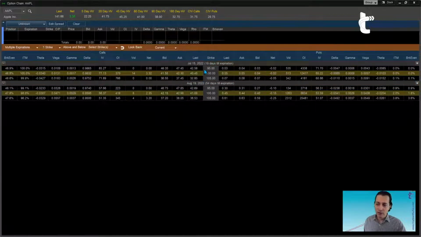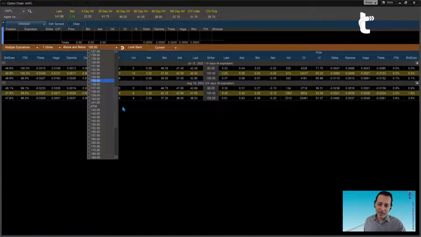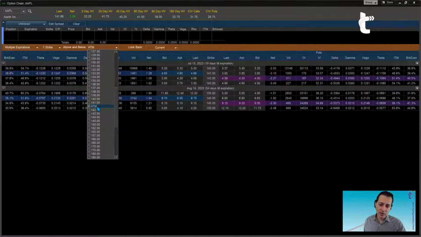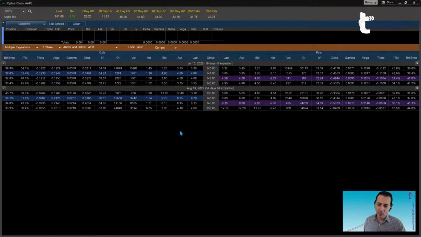If I go back to today, now we are looking at the current date. Again, 100 is highlighted in golden color, and I got 1 strike above and below. So this is the meaning of 1 strike, and this is the meaning of having selected 100. Or you can leave it as the default, which is to have at the money, highlighted with the blue color for the call side and the purple color for the put side. Now, hopefully this is clear.